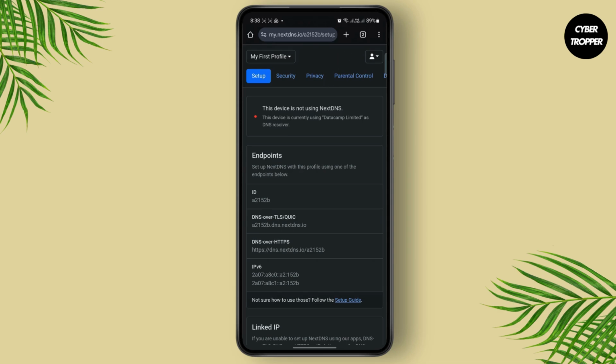Once you get to the website, you will have to log in or create an account. It's completely free. You just have to enter your email address and create a password. Once you do that, you will be sent to your profile and your setup page. Once you get here, on the top you will see different tabs, so just scroll to the left until you